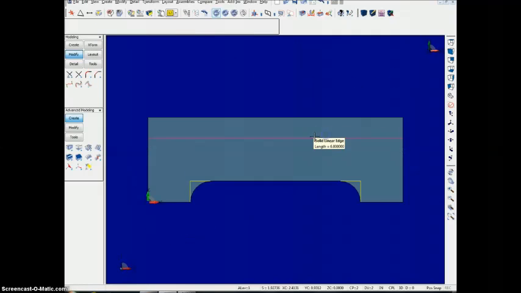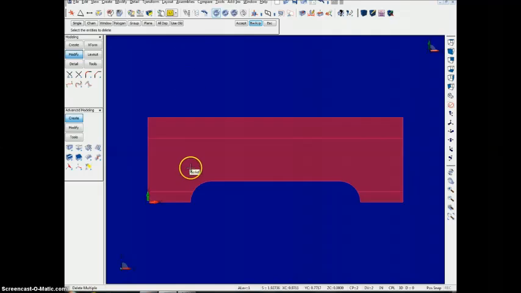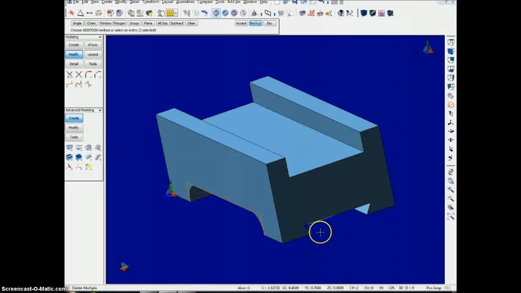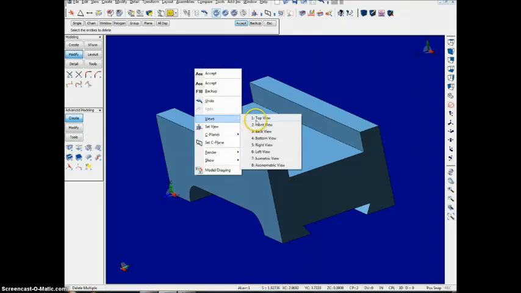So now we're going to delete those trimming lines that we made earlier. So we're going to use the Delete Multiple tool, and you can just click on these lines real quick. So now that's all cleaned up. So we're going to go to the top view,